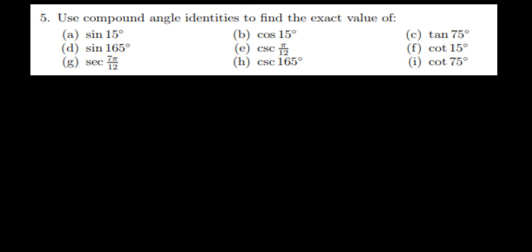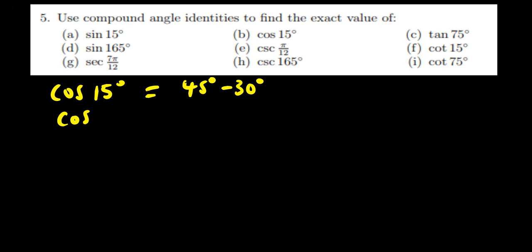So we're solving cos 15 degrees. Okay, so it is the same principle. This is just the same as 45 degrees minus 30 degrees. Now for cos, if you've got cos(A minus B), you know that this is just the same as cos A cos B